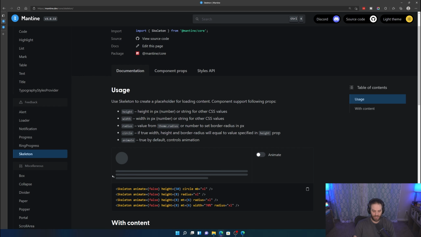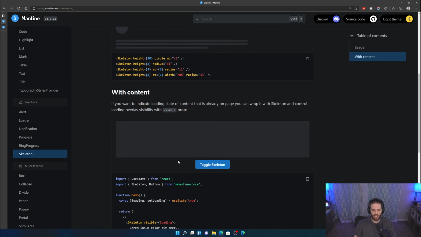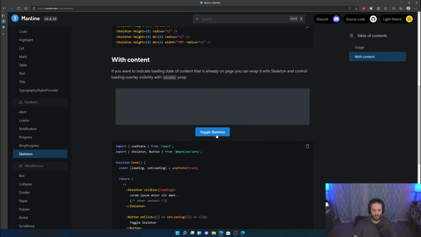And then here underneath, we just have some basic text that could be loading in. And then when you hit animate, you get this nice sort of pulsing effect as it goes along. And you can also do this with content. So toggle the skeleton. You can make it visible propped so that it only shows when certain conditions are met.